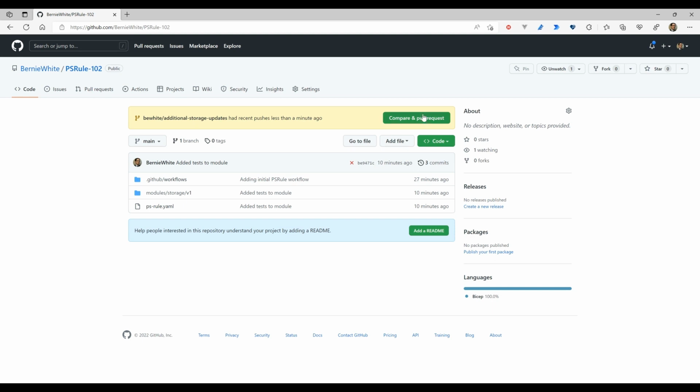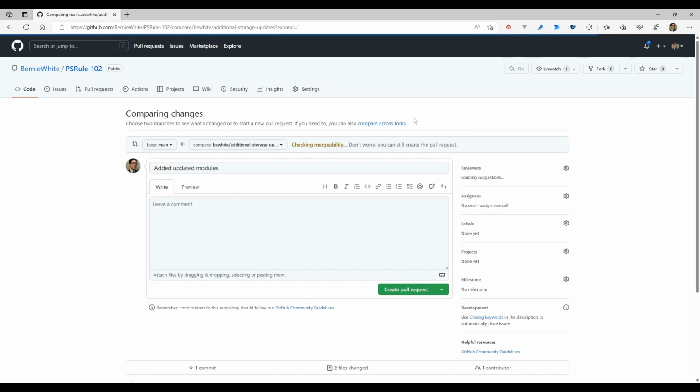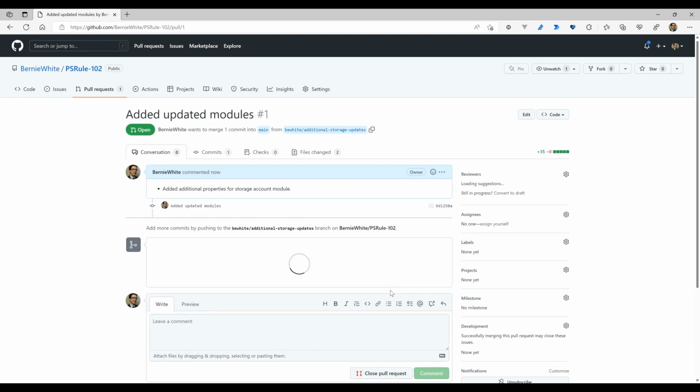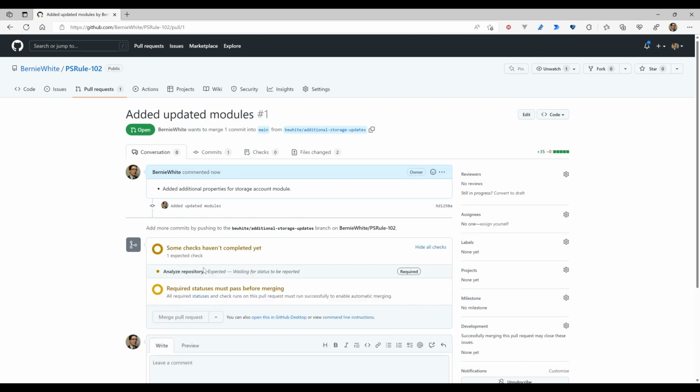Alrighty, so we do have a branch which we pushed. Let's create a pull request, and let's just give it some comments. Create our pull request. Now it's going to run our CI checks from the workflow that we defined. And you can see, because of our policy that we configured,